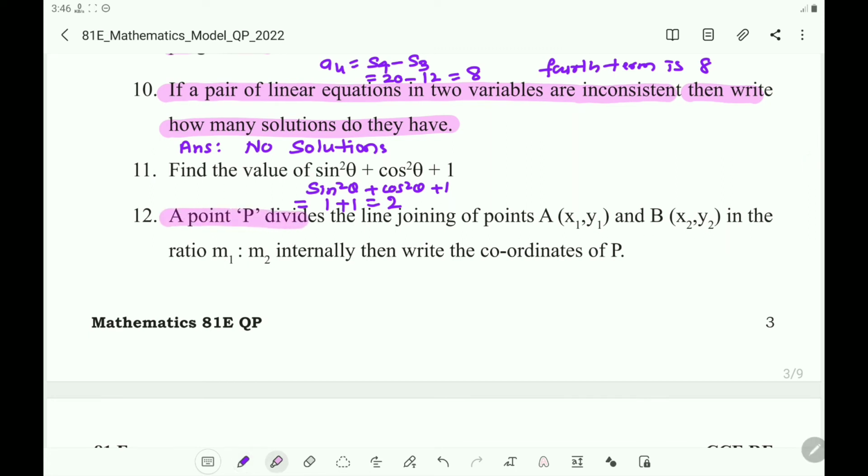A point P divides the line joining the points A (x1, y1) and B (x2, y2) in the ratio m1 is to m2 internally. Then write the coordinates of P. You know the section formula. Write the section formula here. If a point P divides the line joining the points A and B with coordinates x1, y1 and x2, y2 respectively, then